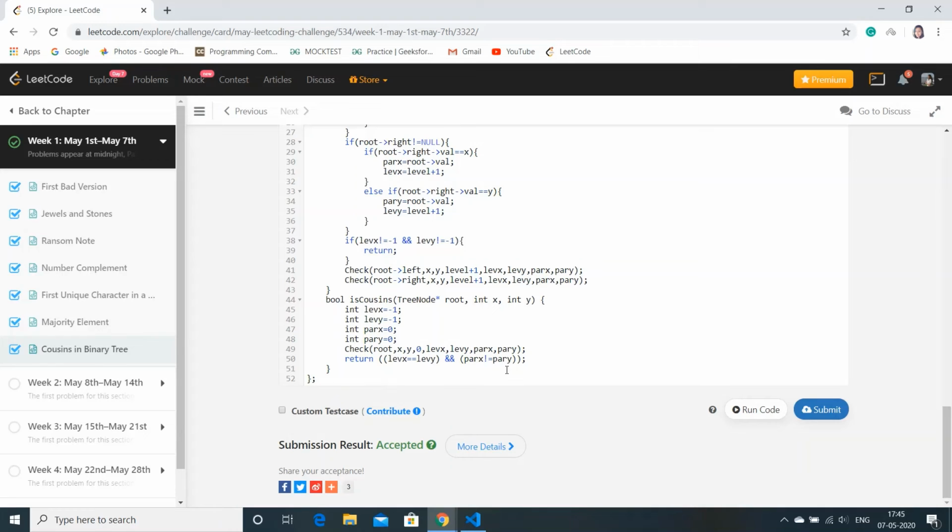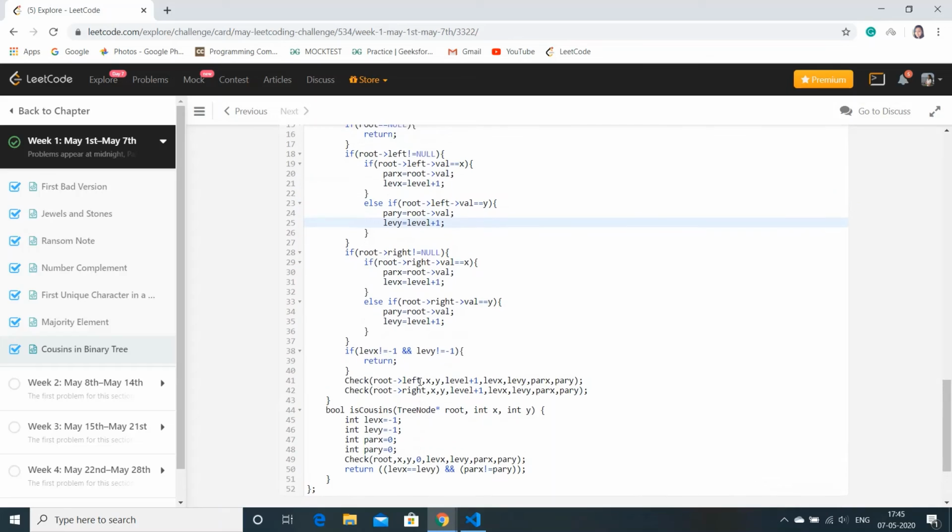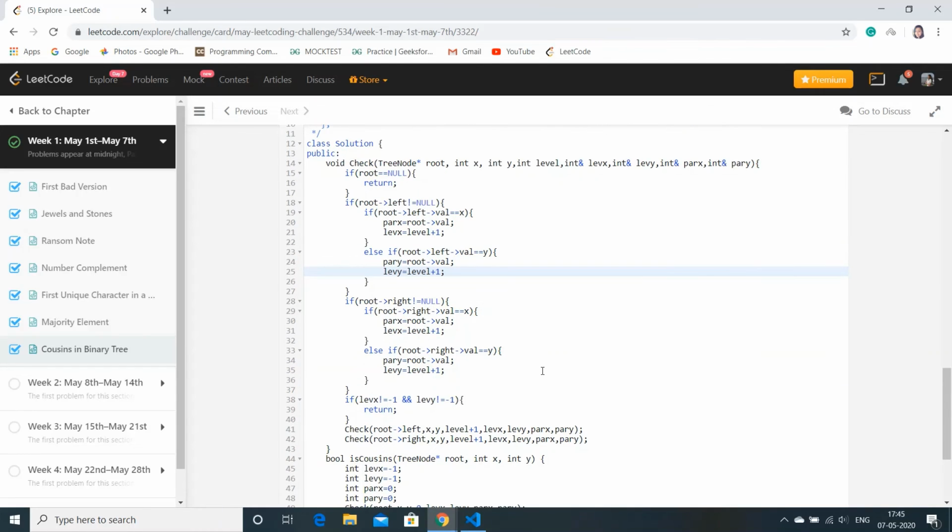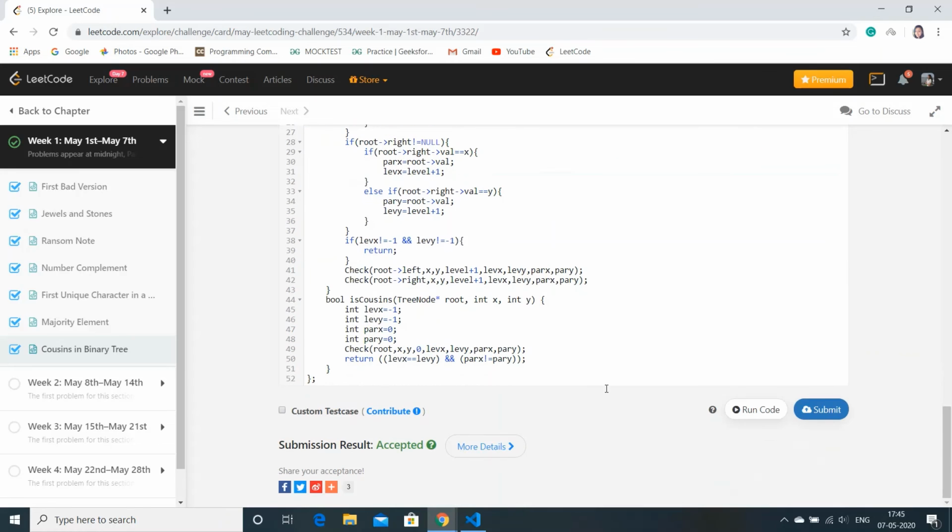If they are the same, then they cannot be cousins, but if they are different, that means they are cousins. And if they satisfy both of these conditions, then we return the value true. After this step, we recursively check the left subtree and the right subtree to find out these values. So this is how this problem has been solved.